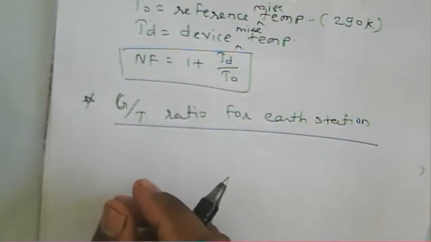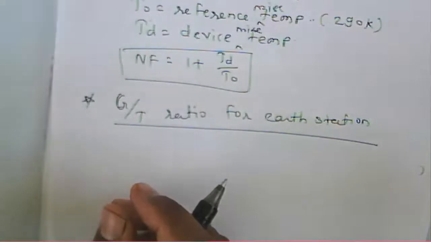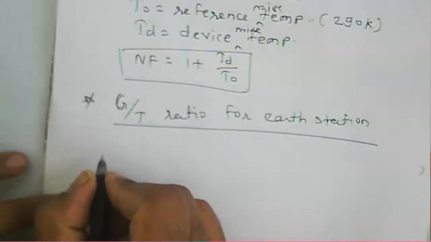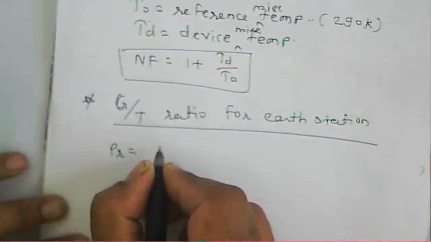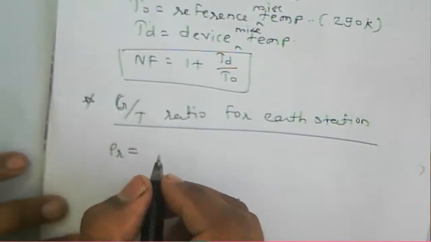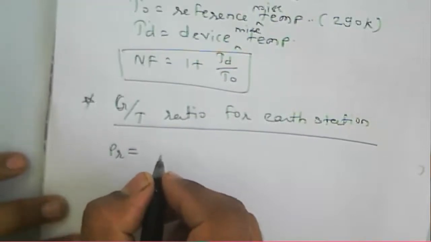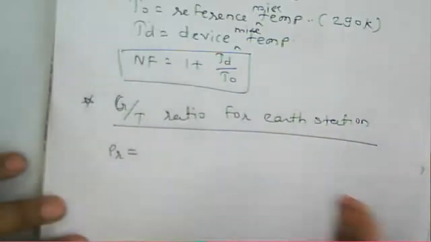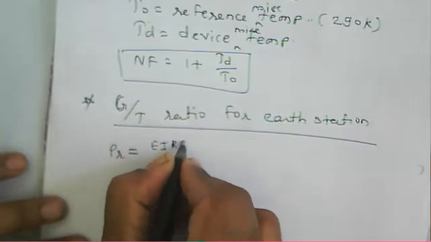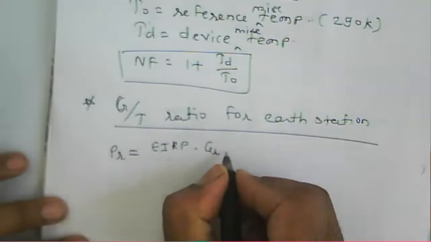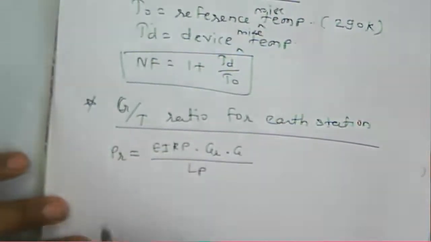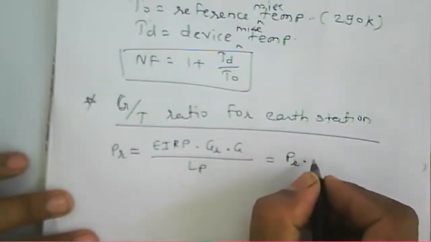To calculate the G by T ratio, we should know the received signal at the earth station. Because of the gain at the RF amplifier, if we consider it as G, the power received at the demodulator will be the EIRP, that is PT GT, times the gain of the receiving antenna, and the gain at the demodulator input, divided by the path loss LP. Or we can write it as PR into G,